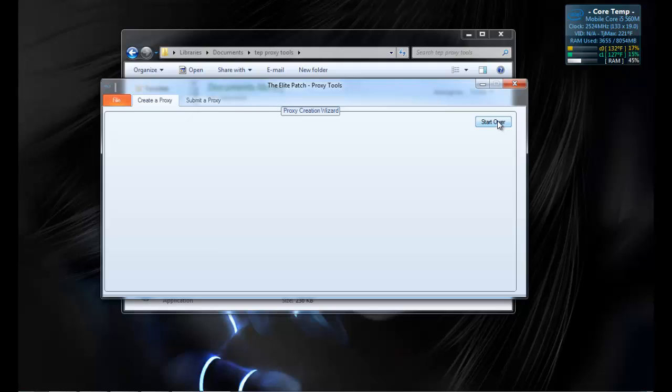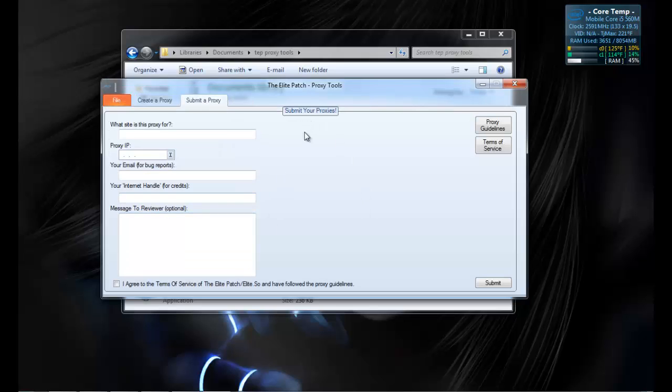If you want to start configuration for a different server, just click the Start Over button. Problem solved. Now, you got this nice proxy up. You want to submit it. Well, you can submit it to us at elite.so for inclusion with the Elite patch, or just keep it for yourself. Keep in mind, if you submit it to us, there are a few guidelines,